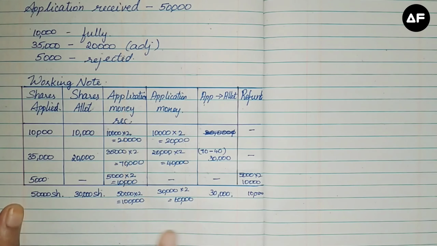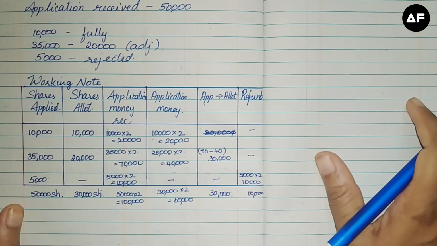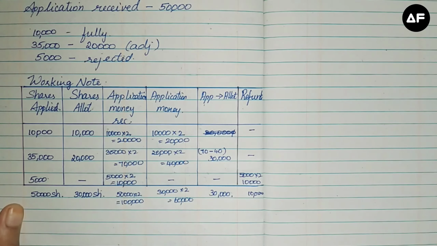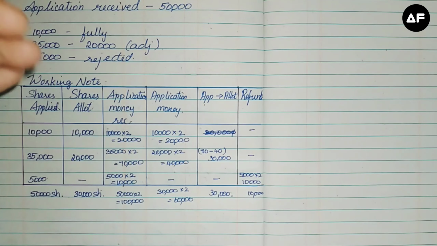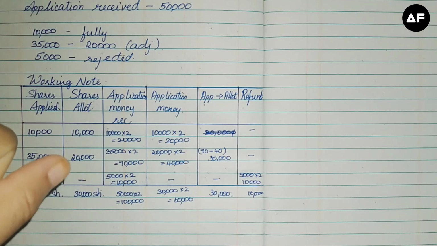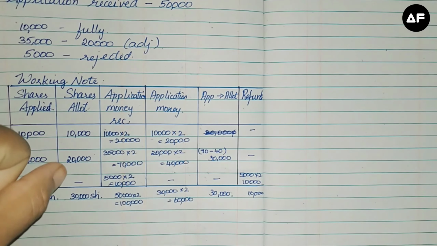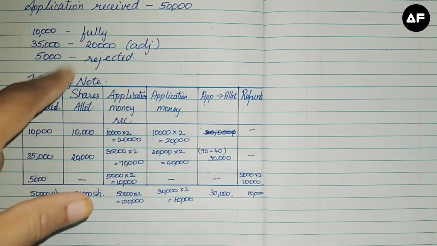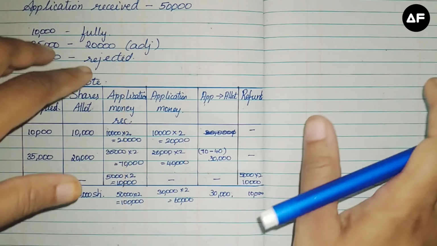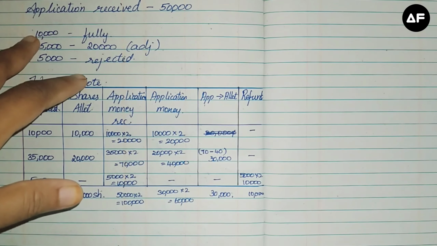So now using these values, when you go into the journal entries, first write down the journal entries. The process of journal entry is going to be: first receipt of application, transfer of application to share capital, then adjustment, the pro rata entry towards allotment, then the refund entry, then comes your normal allotment due entry and your bank to allotment entry. So first I'll write down the entries.